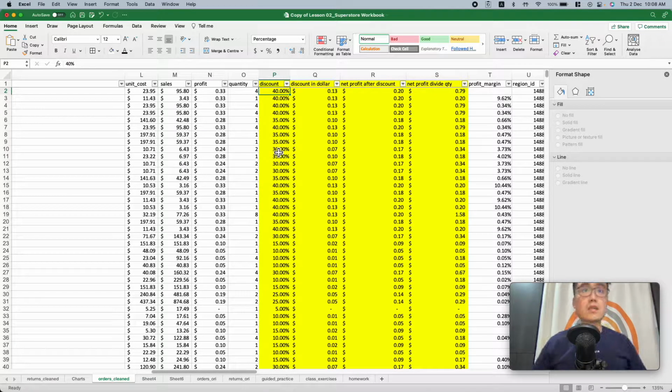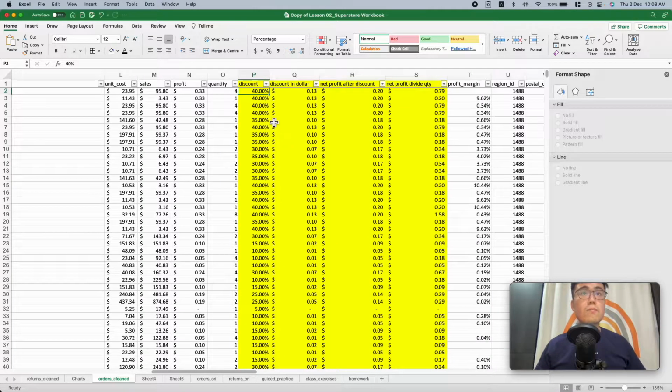Okay, much better. I changed them to percentage for this column, and from there I get the discounts in dollars, which is the profit multiplied by discount, and I get it in dollars. Yep. So these are the amount that will be discounted or removed from the profit. So this is the net profit after the discount, which is basically this minus this. So I get this, and as you can see here, it is for quantity, and according to the